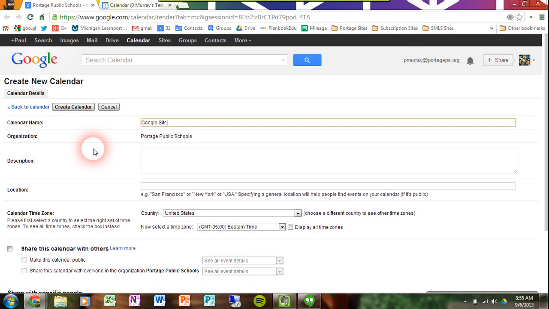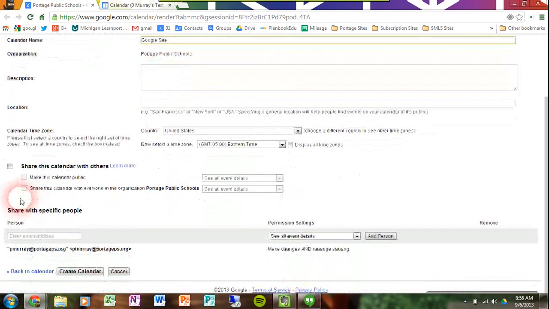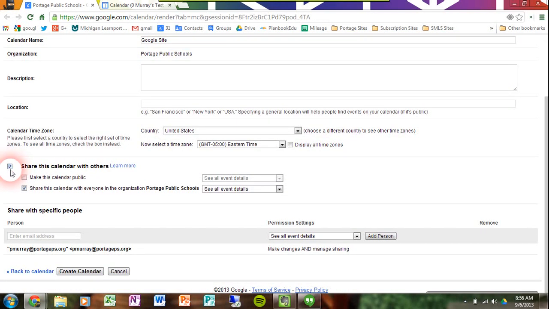If you're planning on sharing this with people, the general public, teachers, students, parents, anyone that you don't want to have to log in, you're going to want to make the calendar public. So you just scroll down to here where it says share this calendar with others. Go ahead and click on that box, and then you want to go ahead and make this calendar public. So you would click this checkbox as well, and you just want them to see all event details. Go ahead and click Create Calendar,